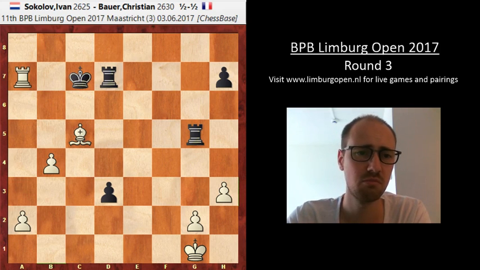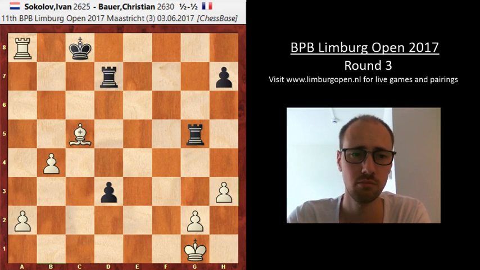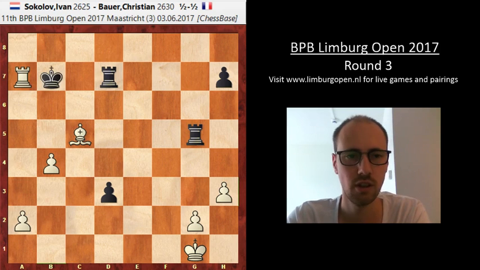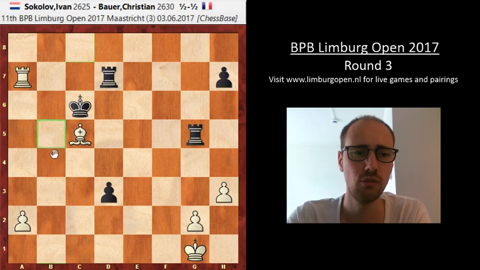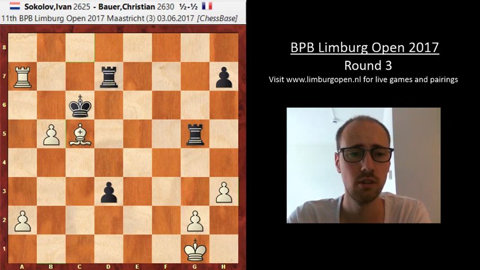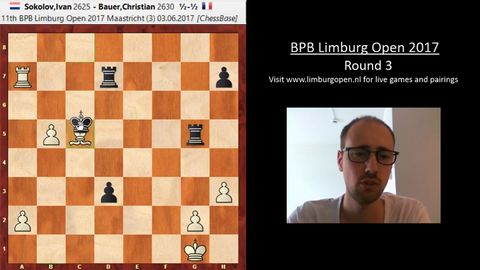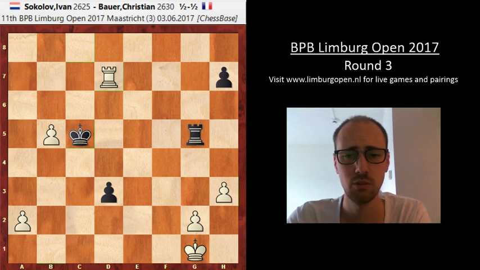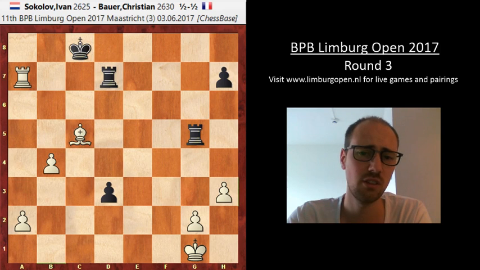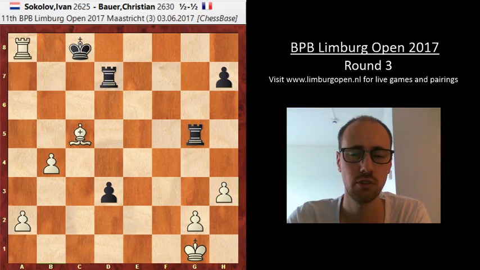If he goes to c8, rook a8 check, goes back, rook a7 check, and he can't really hide. And if he goes to c6, White is b5, and I think that's what he missed. Black is forced to take the bishop, and now you lose your rook, and suddenly you're down a few pawns with Black, and you probably can't hold this endgame. So he also can't go to c6. So that means king c8, rook a8 check, and the game ended in a draw here,